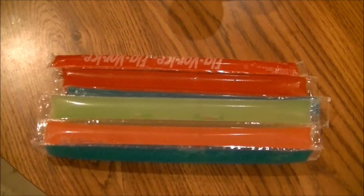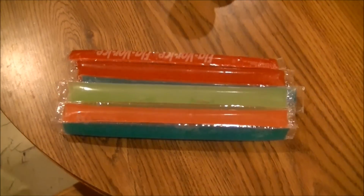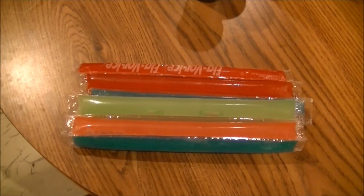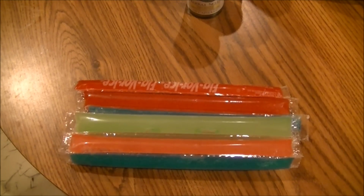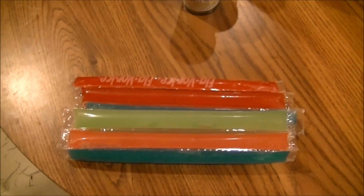Today I'm going to be doing Otter Pops, or rather generic Otter Pops. You may be wondering why I'm doing this item, such a lame item, after I blew up a can of silly string. Well, you can consider this the calm before the storm, and